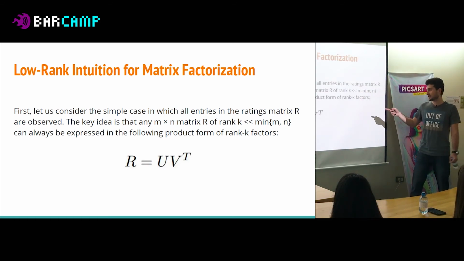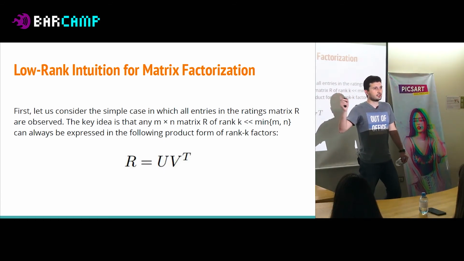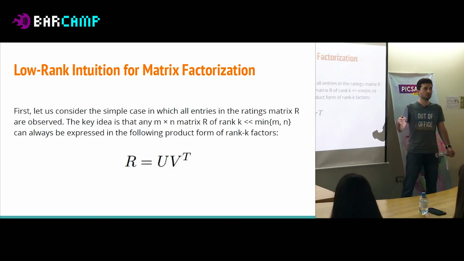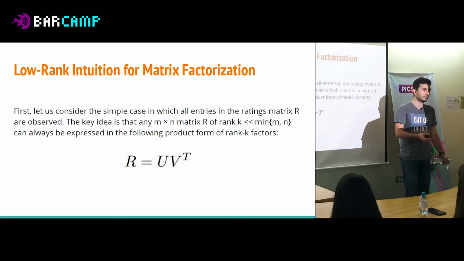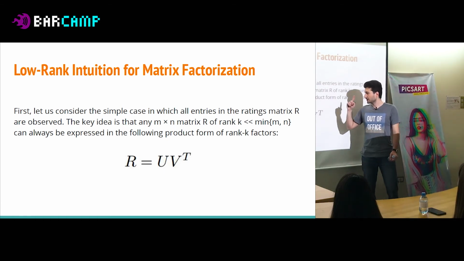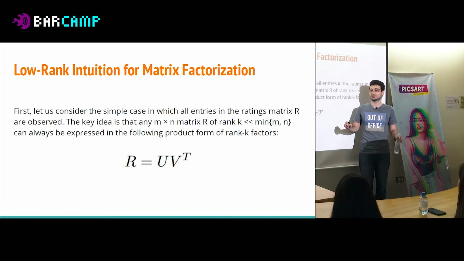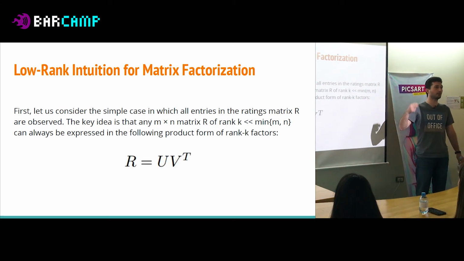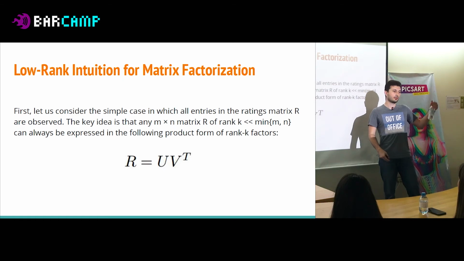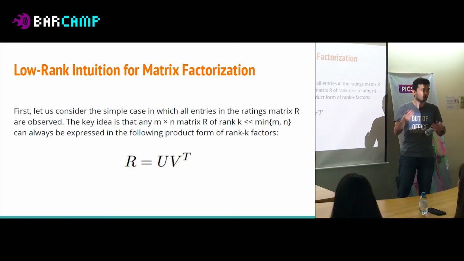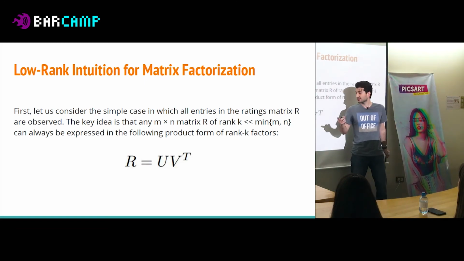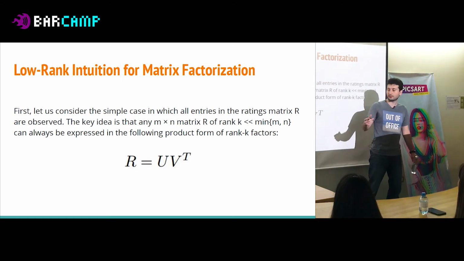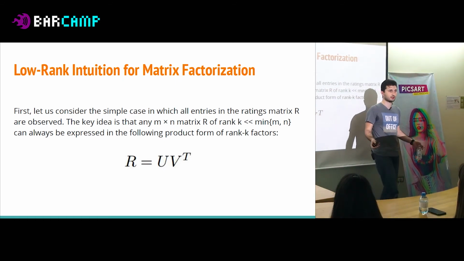Why is this important for us? Because this is similar to what we are trying to do with recommendations, but with some differences. In the case of recommendation data, or collaborative filtering data, this matrix R is not fully specified. The vast majority of entries are empty. We don't know whether this user would like this item or not. The majority of items have never been watched. This is one difference. The second difference is that we have no clue what the rank of our matrix is because, again, it's sparse.